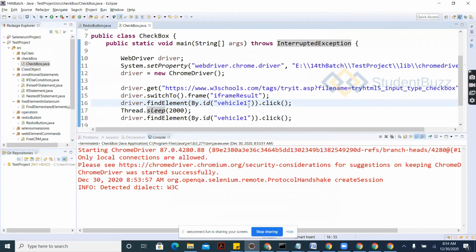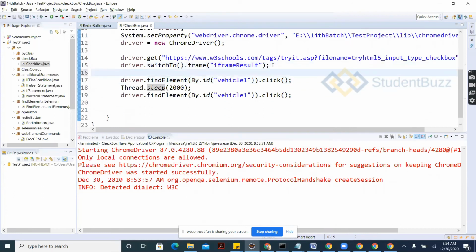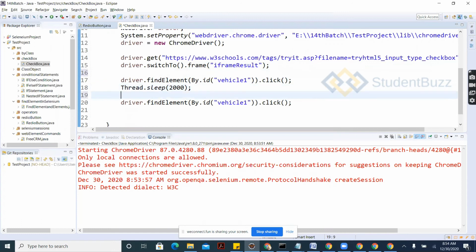Okay. So here, see the checkbox: one time you clicked it, and if you click a second time, it is going on deselecting the option. So here we need to make sure whether the checkbox is clicked or not. For example, one time you executed, some checkboxes are selected.